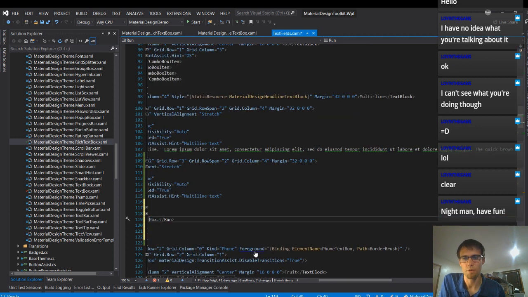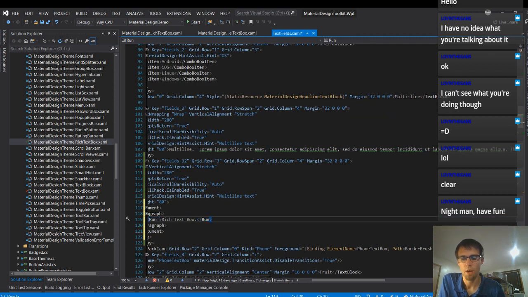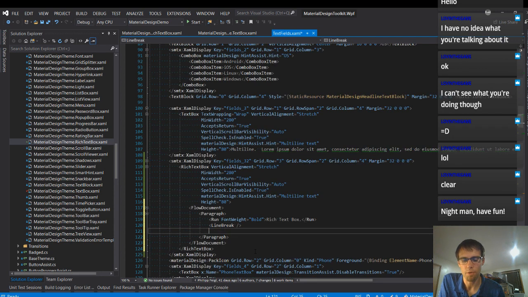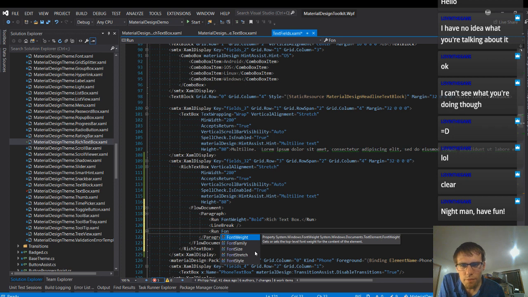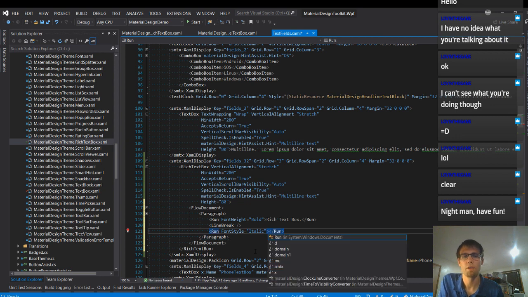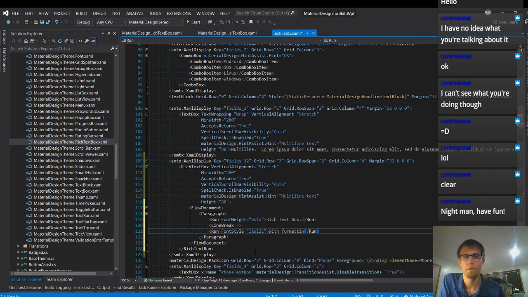We're gonna do some fancier formatting here. So font weight will be bold. We'll do a line break, and then we'll do another run. Font style, italics, with formatting support,